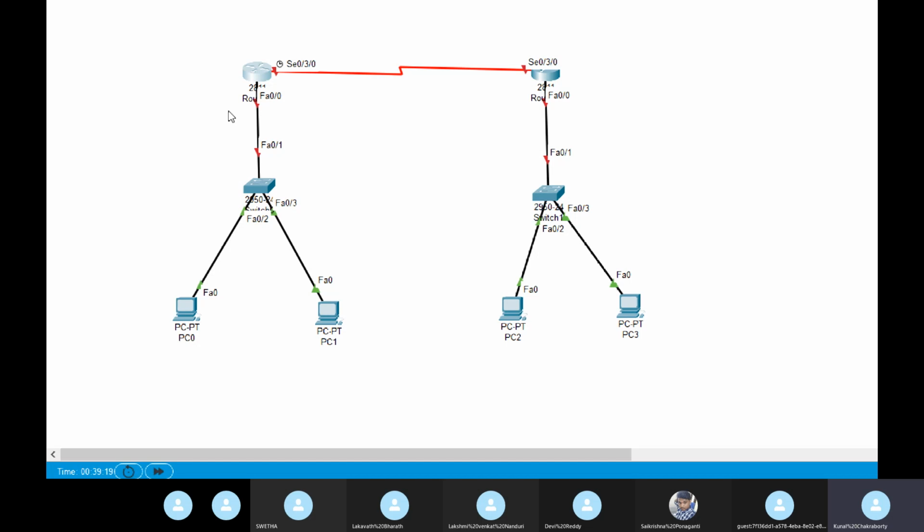So just imagine, by mistake you have implemented class A. How many IPs will be wasted? All of them will be used. Everything. And do you know why you need CIDR in a company?